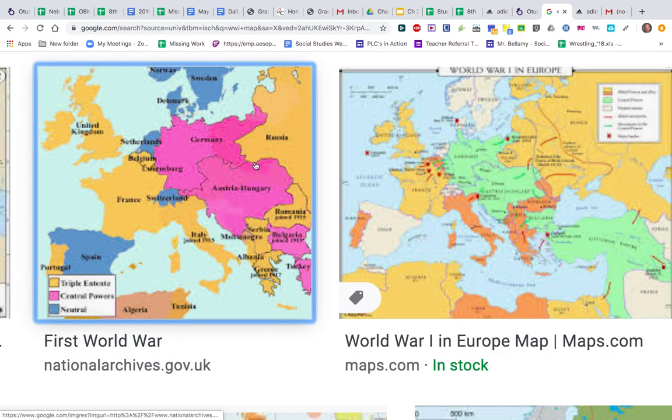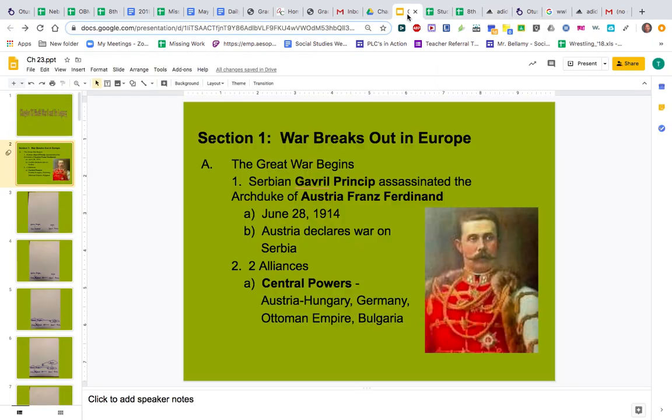And even parts of the people that lived in what is the Austro-Hungarian Empire didn't like being part of the Austro-Hungarian Empire, but they were powerless to do anything about it. So Archduke Francis, or Franz Ferdinand, decides to travel as a diplomatic venture to the city of Sarajevo, which would later become the capital of Yugoslavia, which was part of the Austro-Hungarian Empire. While he's there,